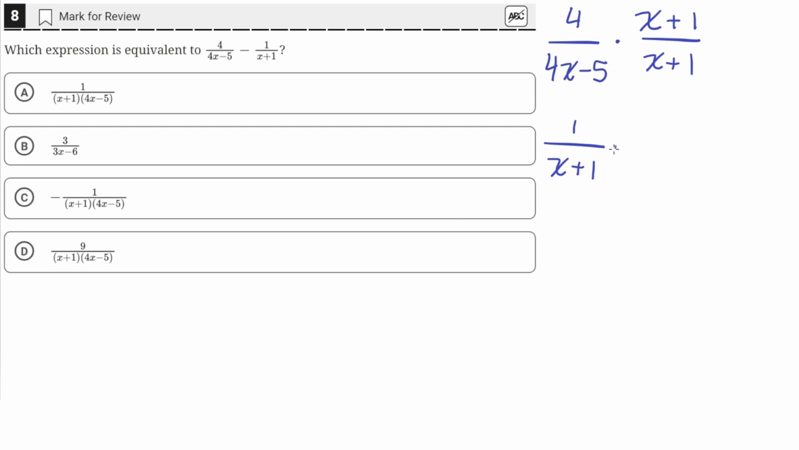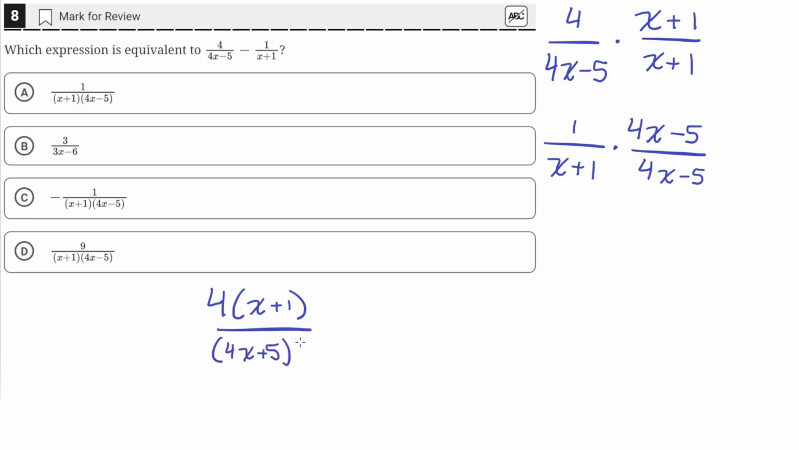But then we also need to change this one so that it'll have a 4x minus 5 in the denominator. So we'll do the same thing. We'll just multiply it by 4x minus 5 over 4x minus 5. So then the denominator for both of the terms will be 4x minus 5 times x plus 1. And we're just multiplying by 1 here, so it doesn't change the value of this fraction. So then our problem simplifies to 4 times x plus 1 over 4x minus 5 times x plus 1